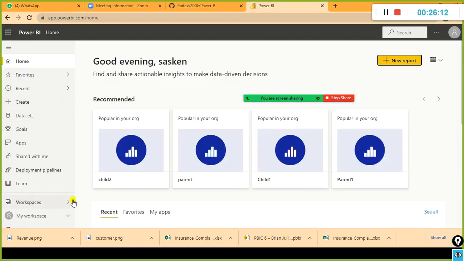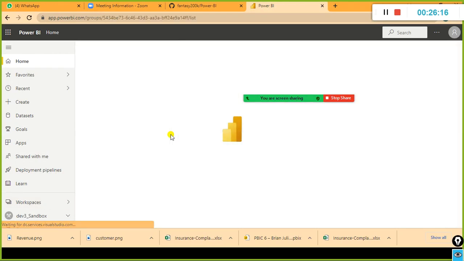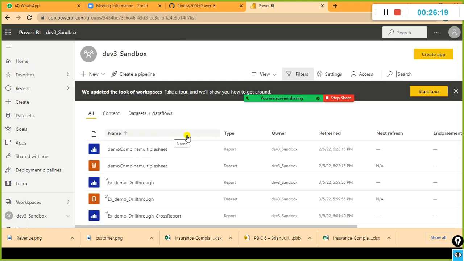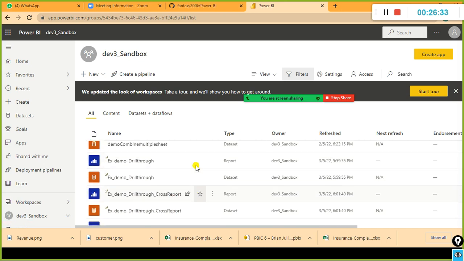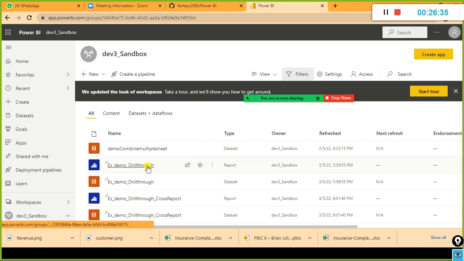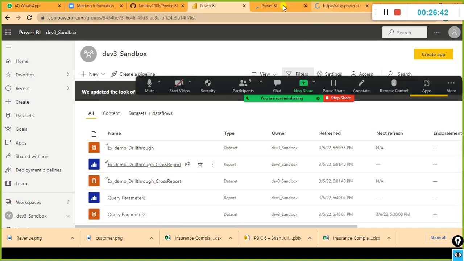I just go to the workspaces. In the workspaces, we published those two reports under Dev3 sandbox. And these are two files: the report file and the data file, and for this one too, two files should be there. Good. So now I just go and open the main file. According to us, this is the main executive dashboard kind of thing, and this one I will open somewhere else. Two different tabs,